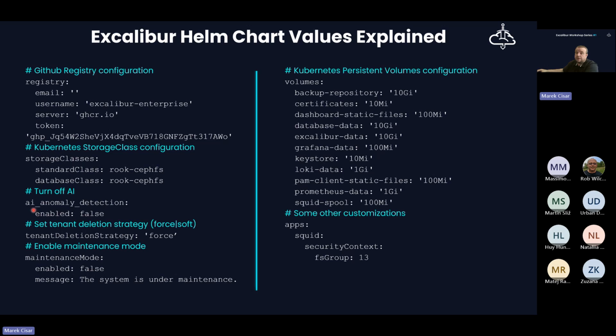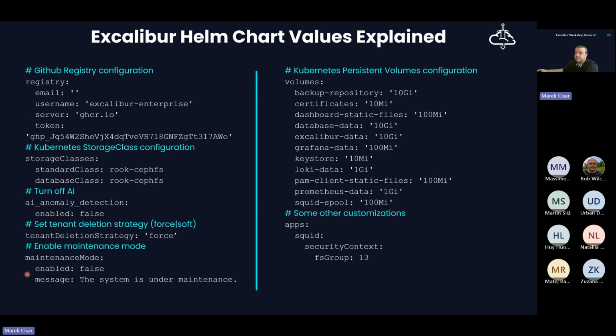Okay, any questions regarding this configuration file? Okay, there is one. Is it possible to downgrade or roll back the Excalibur SAM deployment using Helm? Sure it is. And I can show you the history of my deployment because I performed a rollback once.